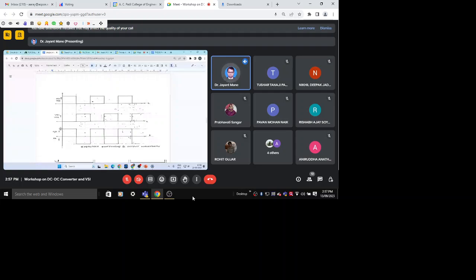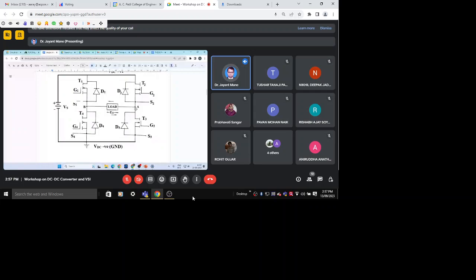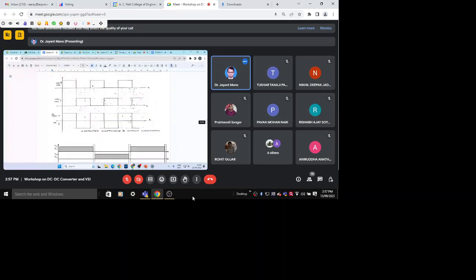This load is directly getting the DC voltage, therefore the output, this is the square wave inverter output. Idealized switch forms. Now practically we can't use it,